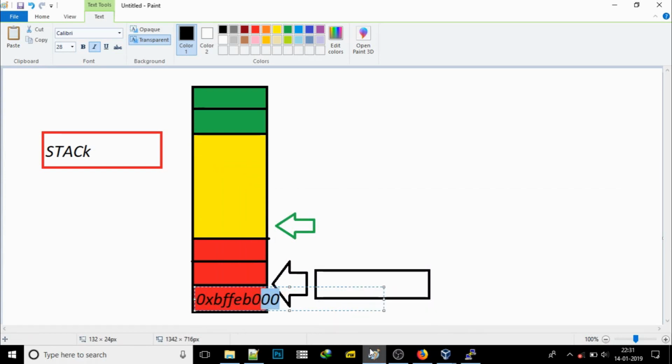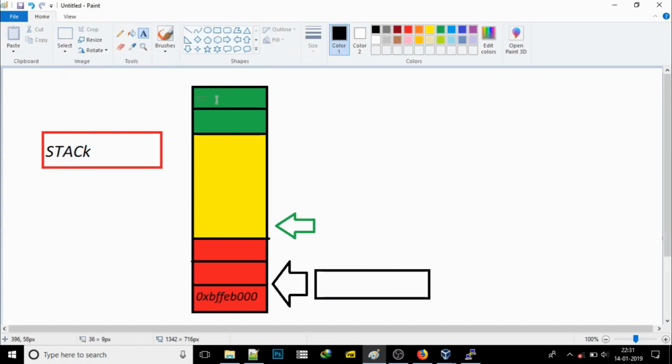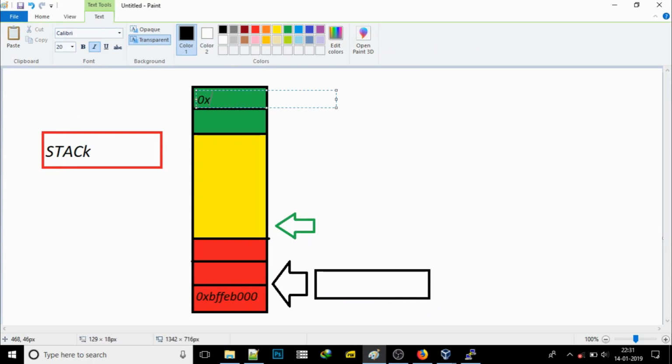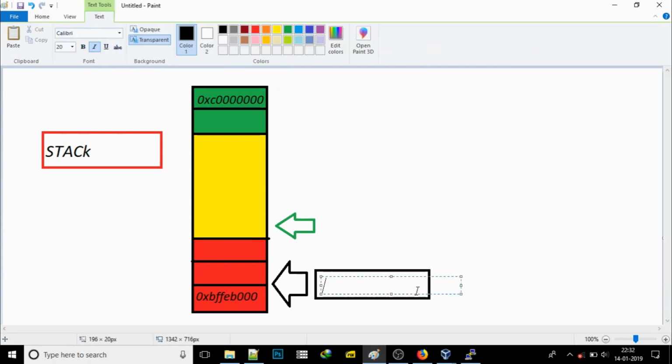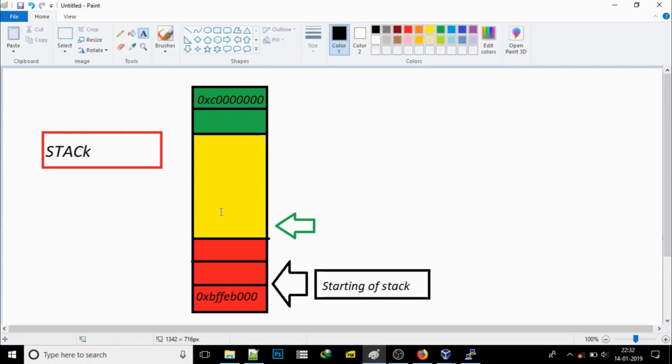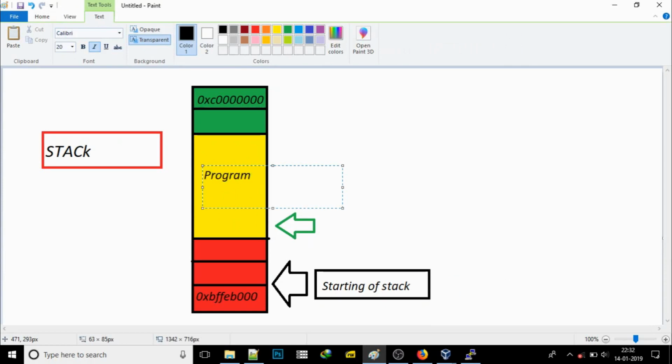So just to make the font a bit small, we adjust here. So this is the starting address, and the ending address is 0xC34567, and this is the ending address. And here is